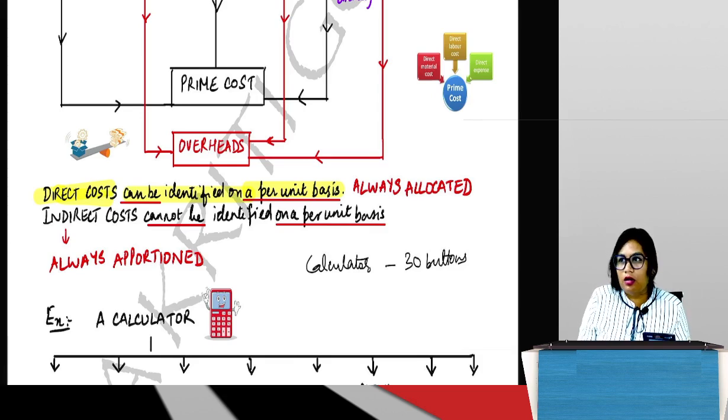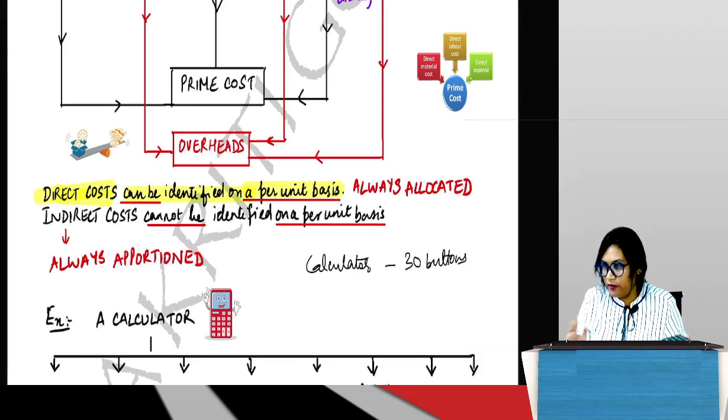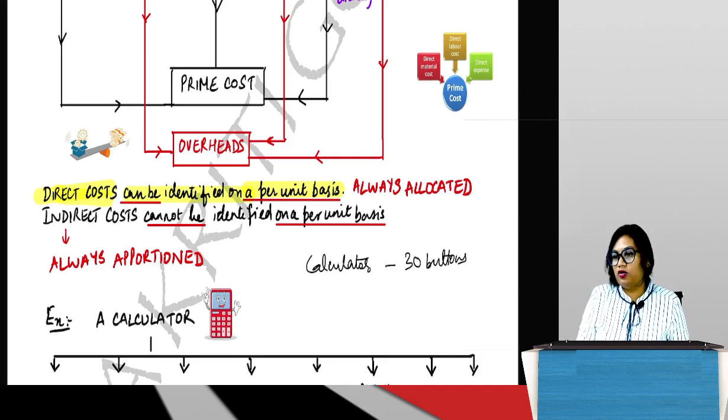You will be like, I can't look at the calculator and tell, ma'am. You have to tell me rent was paid for which period first of all. Was it a month? Was it a quarter? Then you will ask me, okay ma'am, let's say it's a month. How many calculators were manufactured in that month? Then I tell you, okay, 10,000 were manufactured. Okay ma'am, rent was 1 lakh rupees. Calculators manufactured were 10,000. Then I'll have to divide, I'll have to calculate and tell you that, okay, 1 lakh by 10,000, 100 rupees will be associated with this calculator.